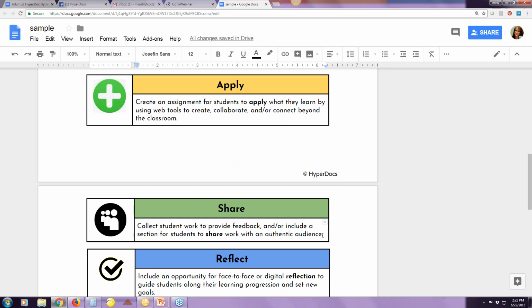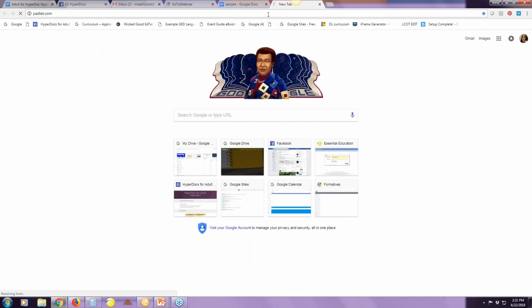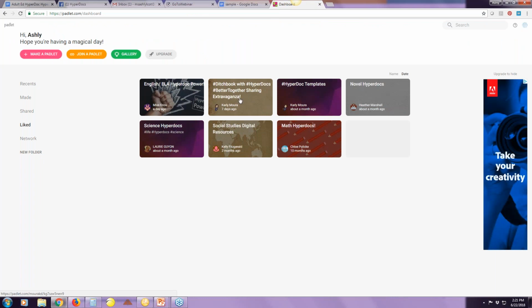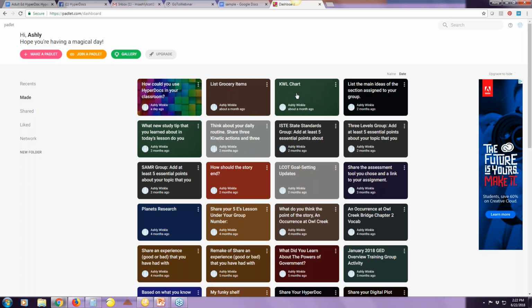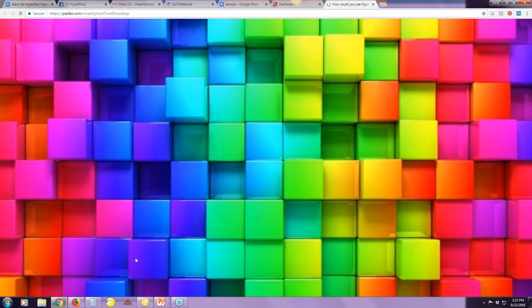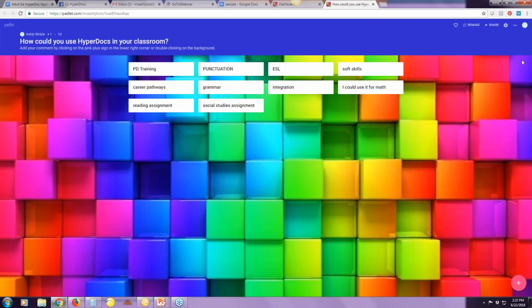Share section, now this is where I like to use, you guys saw it probably at least 3 times yesterday. This is where I always like to put in a Padlet or maybe an answer garden. So if I wanted to do something like that, I could probably pull one up real quickly here. Let's see, here we go. How could you use Hyperdocs in your classroom? So if I wanted to put this link on there,